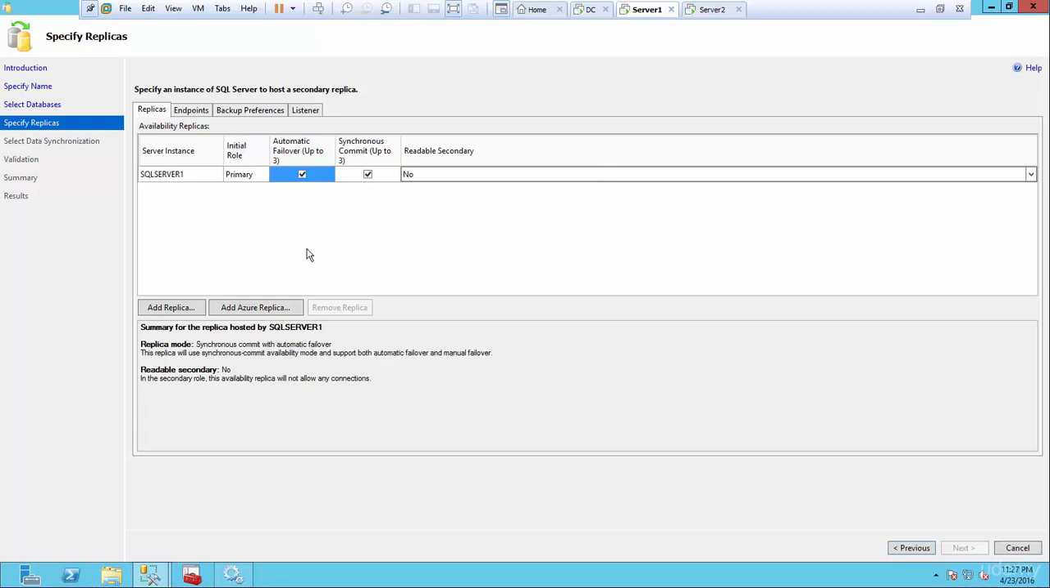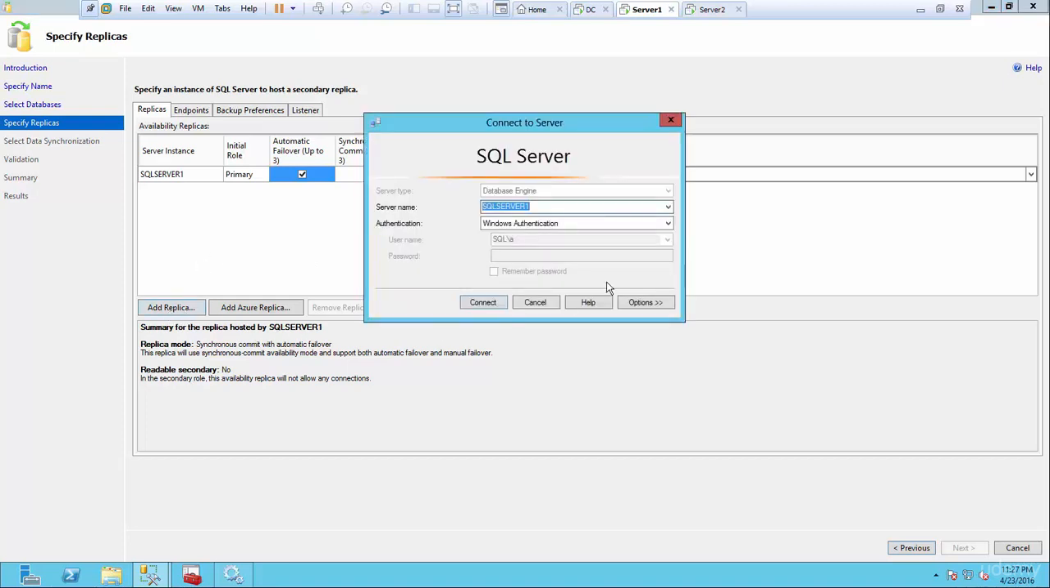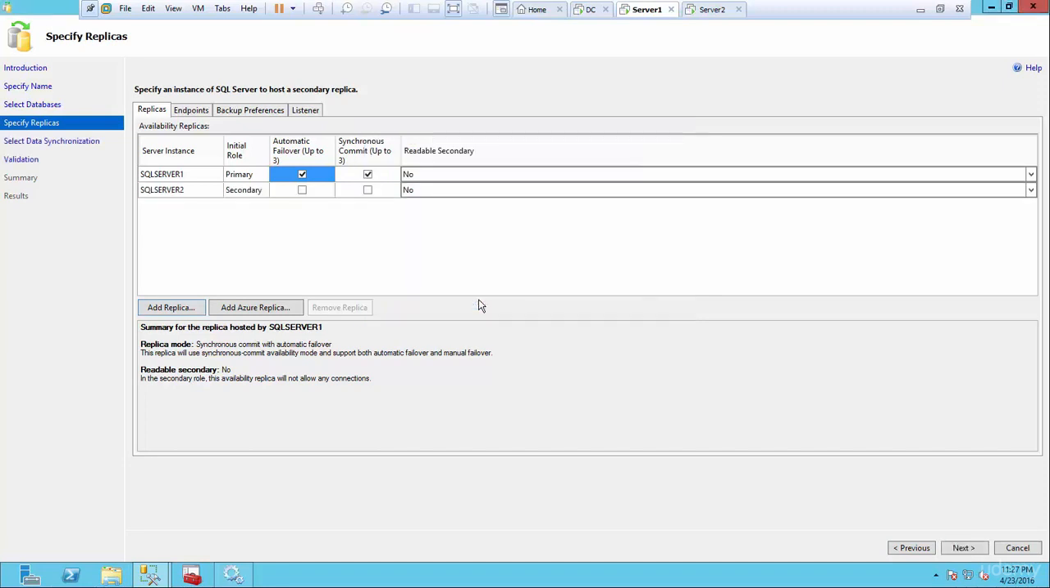Now, obviously, the whole idea is we want to add another replica. So click Add Replica, and we have to connect to it. So I'm going to connect to server 2. And obviously we can have this asynchronous, meaning if I don't check this, or synchronous. I'm going to actually have both